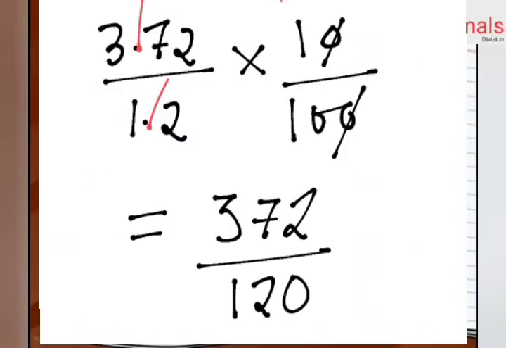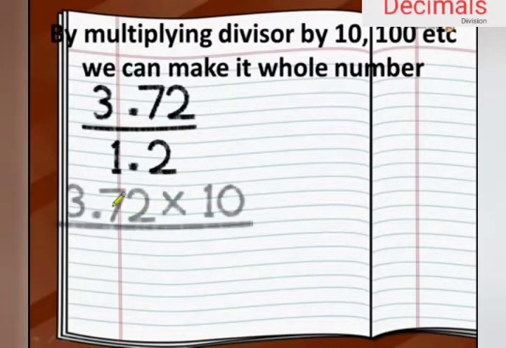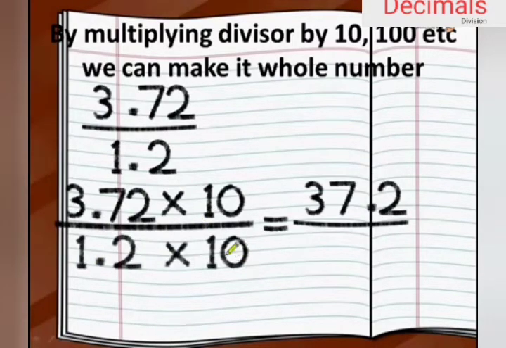There is one more method to divide decimals. If you remove the decimals from both numerator and denominator, and after reducing it we can get our result. But here we are going to make this fraction an equivalent fraction. How can we make 1.2 into a whole number? Yes, we are going to multiply it by 10. Since we are multiplying the denominator by 10, of course we have to multiply by the same number in the numerator also, as we have studied in equivalent fractions. So we are doing the same. Now write the denominator part as 1.2 times 10.